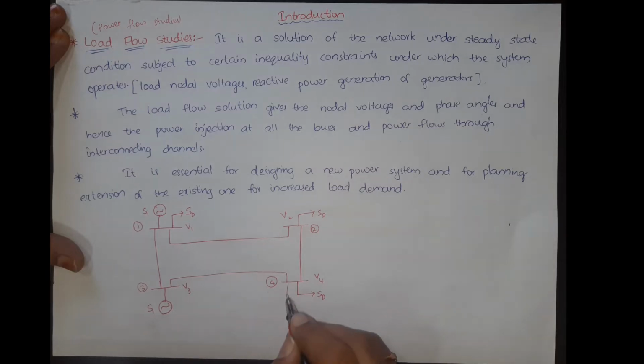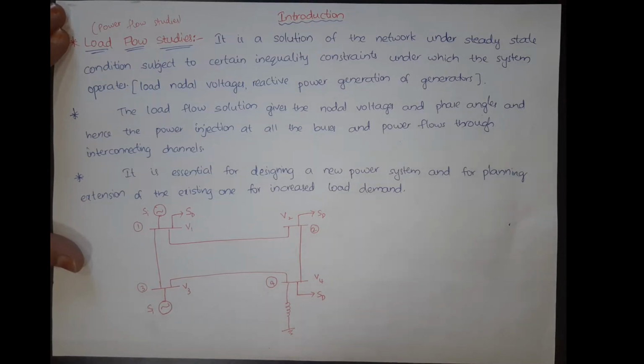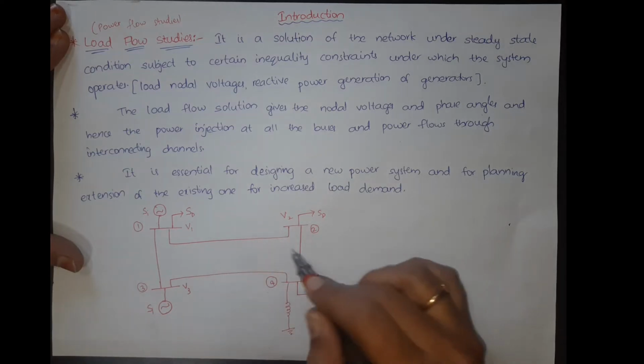For example, let me put a reactive power compensating device here, a shunt reactive power compensation device. What is the need of putting shunt compensation? As we have studied in power systems, putting a shunt compensation improves the voltage profile of a power system. Whenever there is a need to improve the voltage profile, we need a shunt compensation device. Whether reactive power injection or compensation happens depends upon the remaining parameters of the power system.